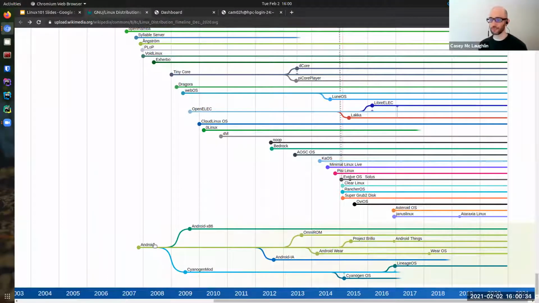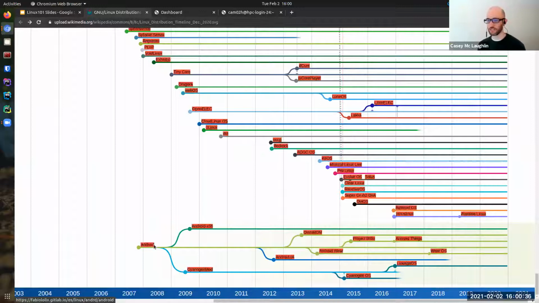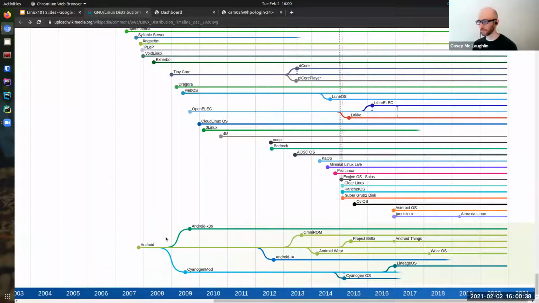Android solves the problem of shoving Linux on a phone, and it's developed by Google. But as you can see, because it's open source, because it has to be licensed under the GPL license, it's free to change and tinker with. So this is where we get all these branches from Android.